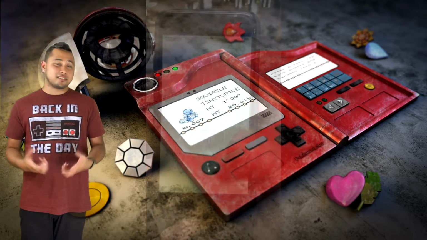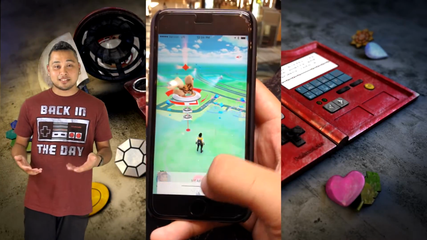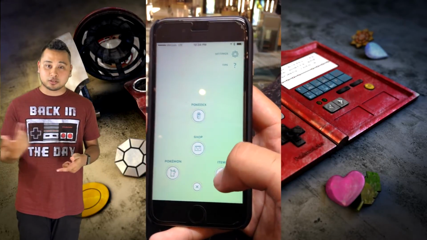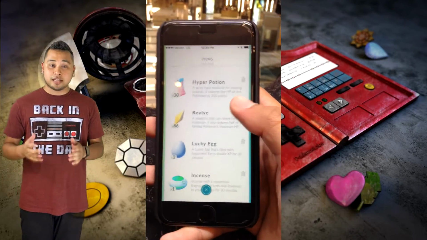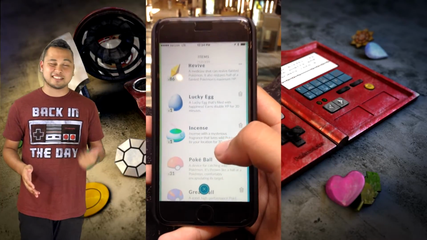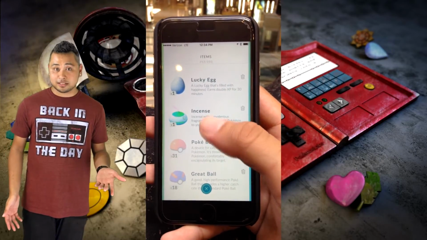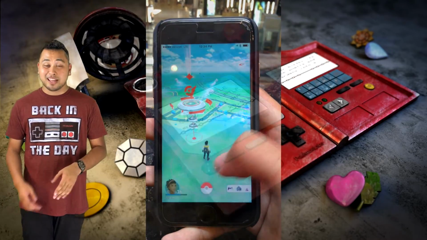If you're in an area that isn't really getting a lot of Pokemon, you can always use an incense. An incense creates this purple little mist that goes around you that attracts Pokemon to you. Now, when you use an incense and you're with a bunch of friends, you're the only one that's gonna see the incense Pokemon. So keep that in mind. Unless your friend is also using an incense,